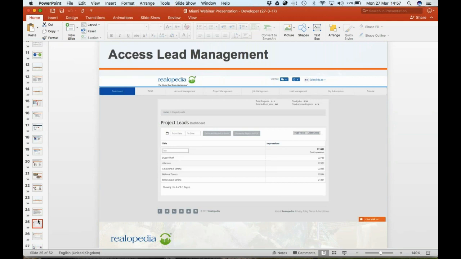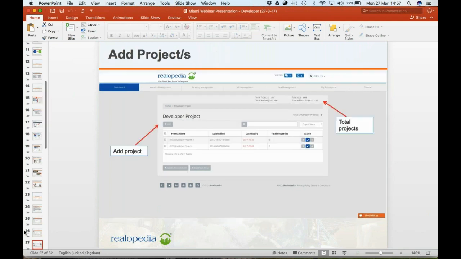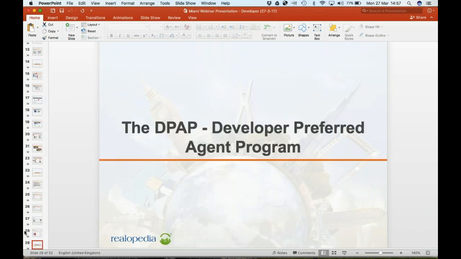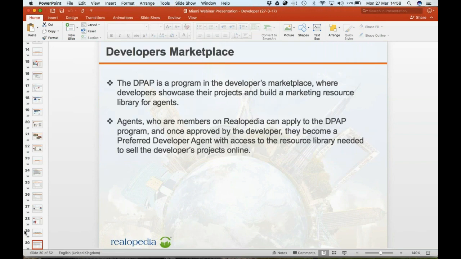I will skip some of these slides. You can manage, you can add projects, your marketing resources, you can add the videos for that, you can add pictures and brochures and your plans, to then allow you to create a complete marketing tool for yourselves to use, or if you are looking at the DPAP program. Okay, the DPAP program basically allows developers to showcase their projects and build a marketing resource library